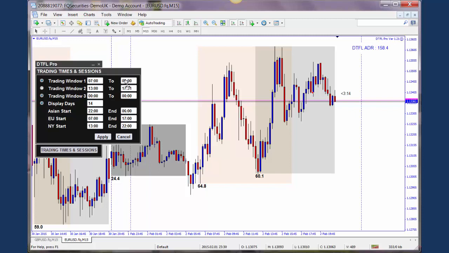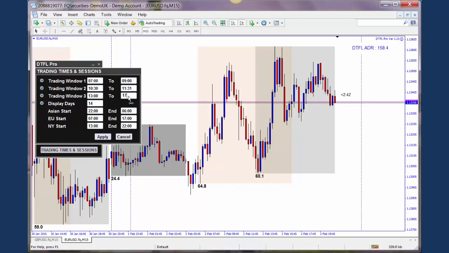That's an hour before the news event, giving the time for anything to occur before it. And then you could be looking again after the news event, say from 10:30 till 11:31. So you're looking an hour before the news event, then half an hour after the news event you'll start to look to trade again, and then the third one might be the start of the New York session,